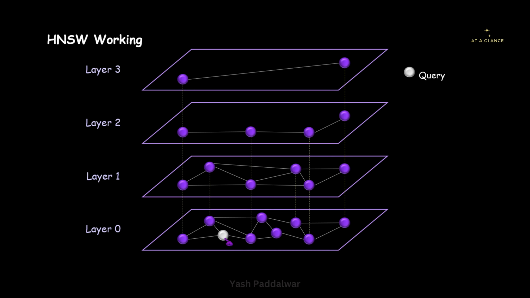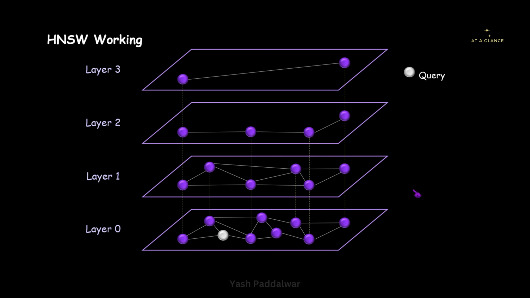Now for this current node, we do not have any other neighboring nodes, and that is why we will stop here. We do not have any other neighboring nodes, and we are at the lowest level, so we cannot move a level down. So we'll stop here, and this current node will be outputted as the final result. This is termed the closest document vector to this query vector. So this is how the HNSW algorithm works. I hope through this example, all the doubts are clear. If you have any single doubt, then you can straight away put it in the comment section.